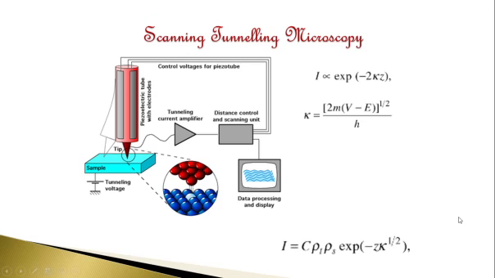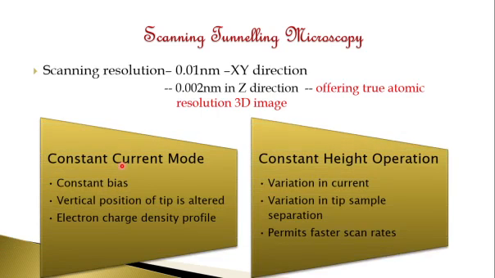Hello students, today we will discuss more about how probe lithography is done. So for that, one way is using scanning tunneling microscope, which is used for conducting material. As we discussed earlier, you have a tip which scans over the sample, and it could be working in the constant current mode or constant height mode.